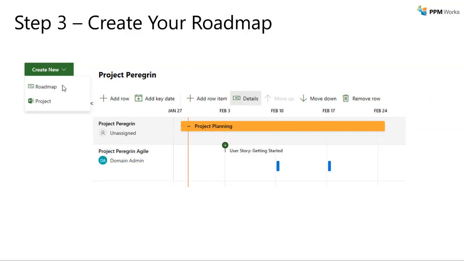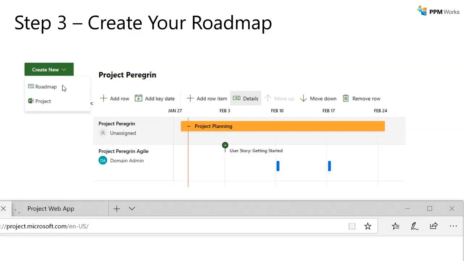Going in, showing your roadmap pieces, whether it's a row or the detail from both Microsoft Project or from Agile DevOps. Okay, so let's go in here and take a look at this together. I'm going to just switch over here to my view, and we're going to pull up a roadmap here. So while we do that, we go to our office.com, or in this case, just our home page here. And for those that access PWA, the Project Online instance, you might come from just the home page. But I want to open up two things for you back to back here